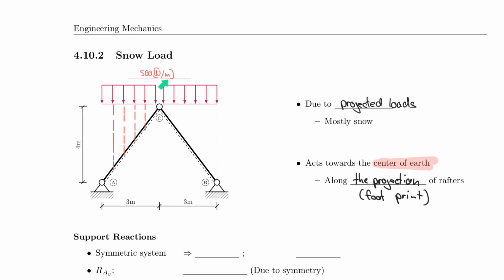And usually, of course, it's not given in Newton per meter, it's actually given in Newton per square meter or something like that, but I took that out here for the concept of this class. Or I guess in the US it's usually given in pounds per square foot, but an engineer would ultimately convert it into pounds per linear foot so that you could apply it to each individual rafter, if you will. So if you understand that, then all you have to do is convert the snow load to a self-weight, if you will,